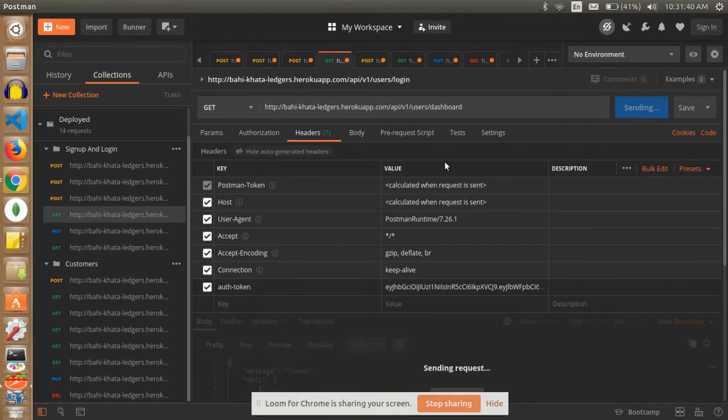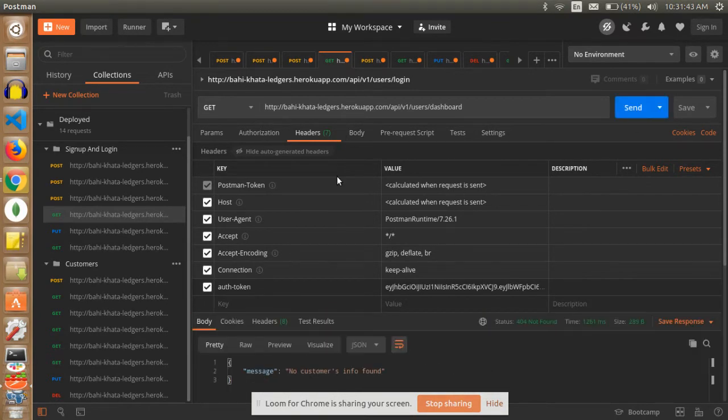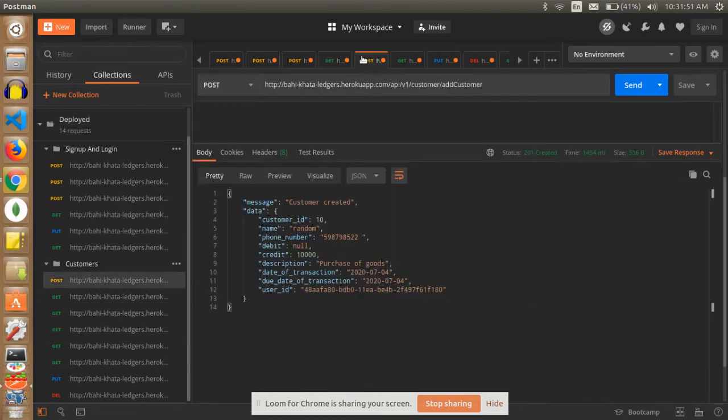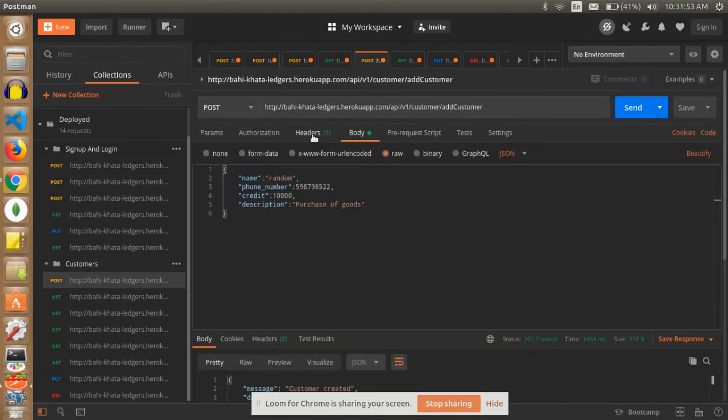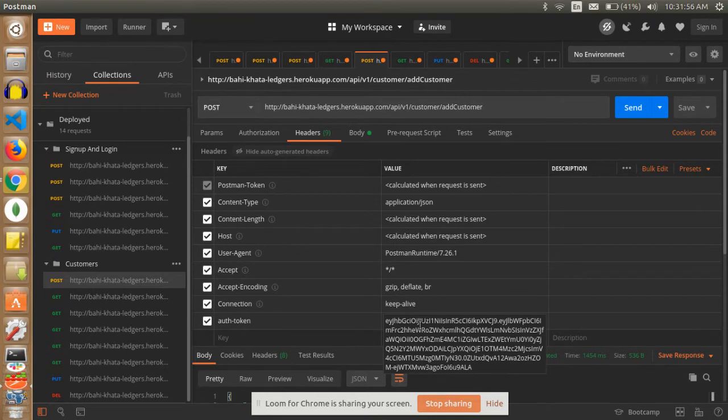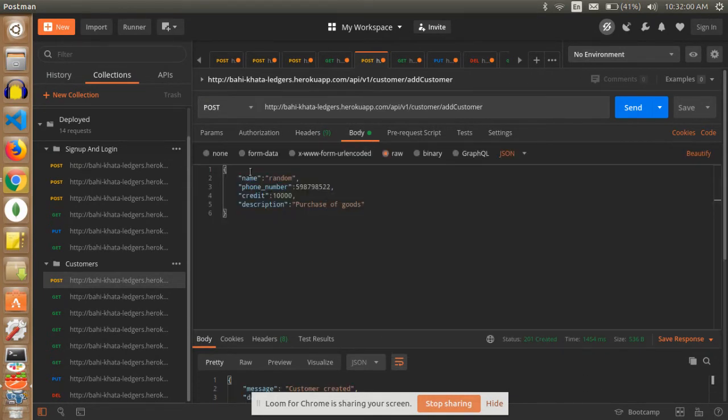Once the user logs in, he will be redirected to the dashboard, and he can see there is no customer info found because he has not added any customer info yet. So he will add some customer info here. In the body, the user will be asked for the customer name, the phone number, debit or credit, and the description of the sales or the purchase.